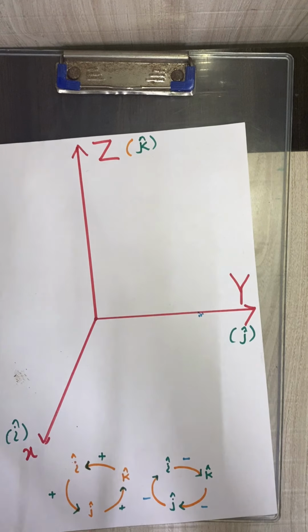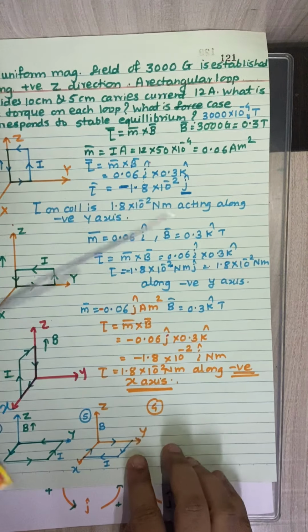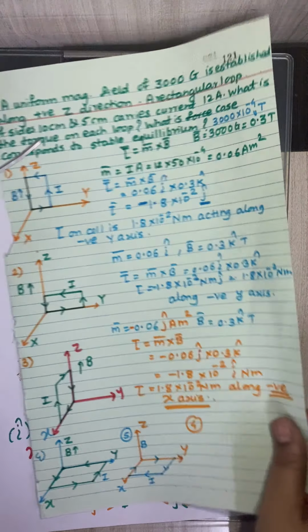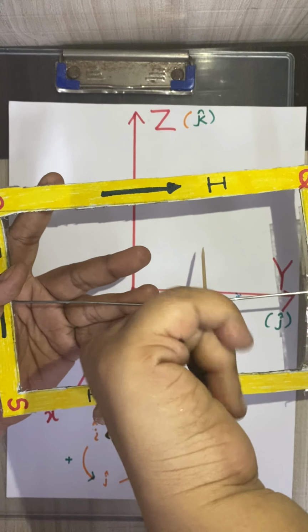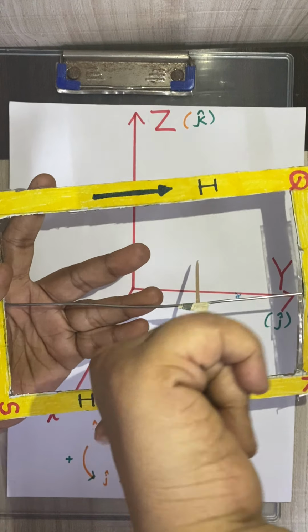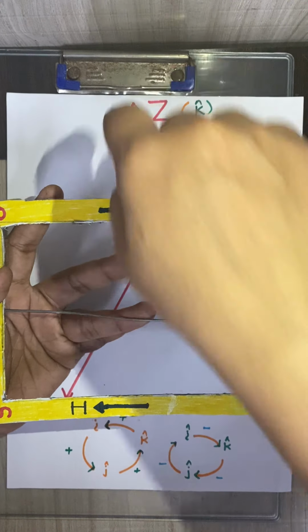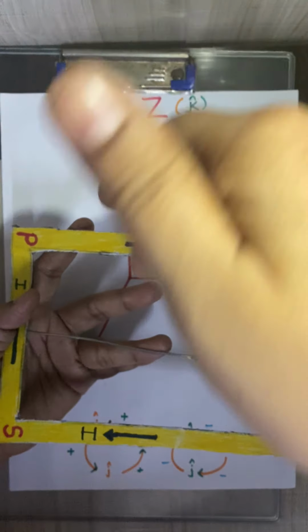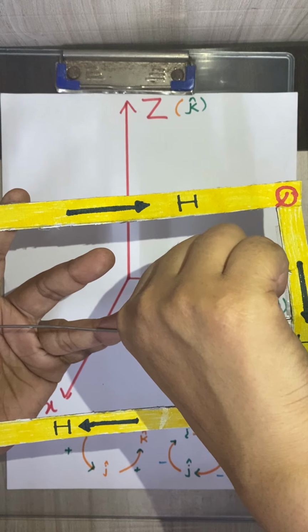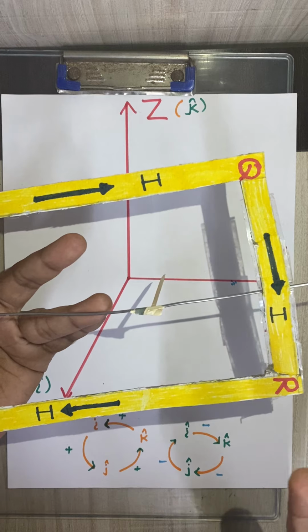Now suppose this is another case, a clockwise loop, then what happens again? Suppose we consider it as clockwise, then you can see that this is the direction of the current, and the thumb points in the downward direction. So obviously that is opposite, because this z axis represents the outward axis, and the direction of the magnetic moment is showing in the downward direction. So it is in the opposite direction of z, that is the minus z axis.